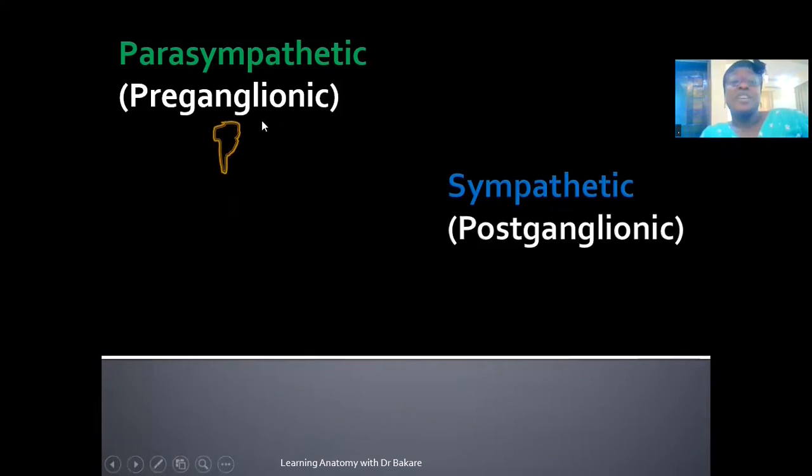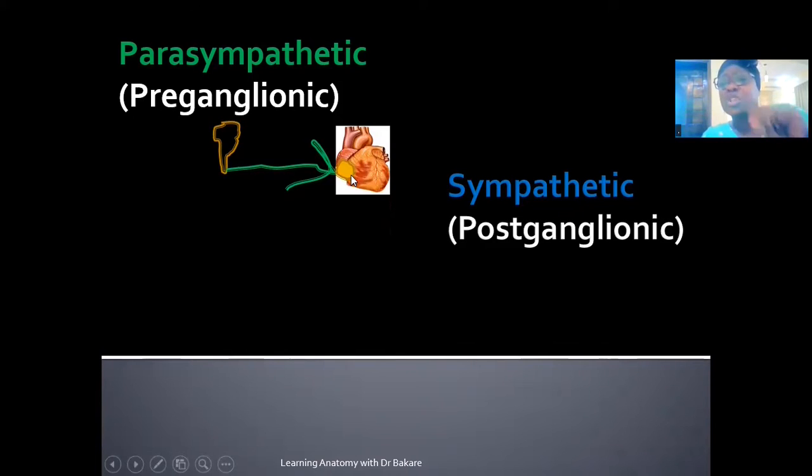Let's say this is the configuration of the brain, and we know that the vagus nerve is seen to emerge from the brain stem. So this is the vagus nerve here, highlighted in green. As it emerges, it is seen to terminate on a ganglion, and this is the ganglion here. This ganglion is located on the wall of the heart. As this ganglion is located on the wall of the heart, we have another very short nerve that begins or connects to this ganglion, then finally terminates onto the different regions of the heart to